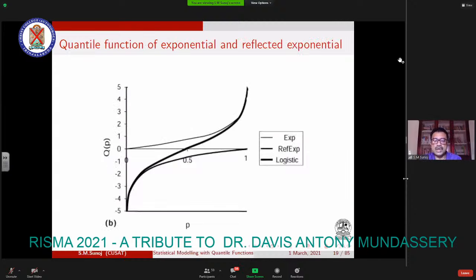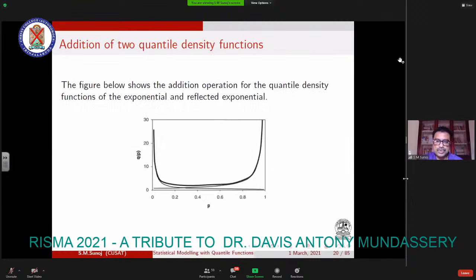Now you look at how the logistic distribution is obtained. This is a plot containing the three models together. The upper quadrant is the exponential distribution, in the negative quadrant you have the reflected exponential, and connecting the two curves you get that bolded line, which indicates the logistic distribution. That is the quantile function corresponding to logarithm of U divided by 1 minus U. Now the figure below shows the addition of exponential